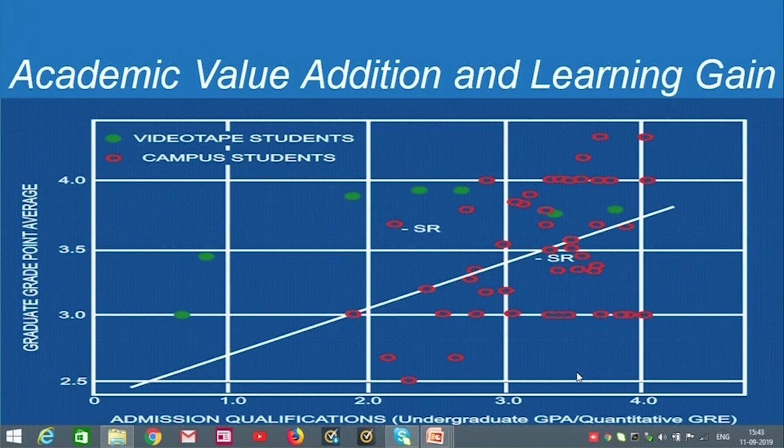Now, before we come to these ones, let's see the other red ones. These are students who are campus students, meaning that they had taken the real class, completed their assignments, taken the examinations, and all that a normal student does in a normal postgraduate course. And look at their performance. The straight line